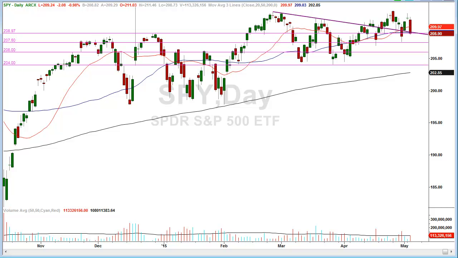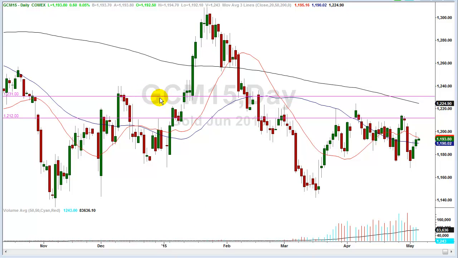All right, let's move on and talk about gold. So gold did its deed today. It went up and hit the first target from last night. Remember, I said it was going to be 1198, roughly, give or take, and we hit 1199.30, I think it was today, and that was pretty good. And then we backed off a little bit, and that's not out of the ordinary.